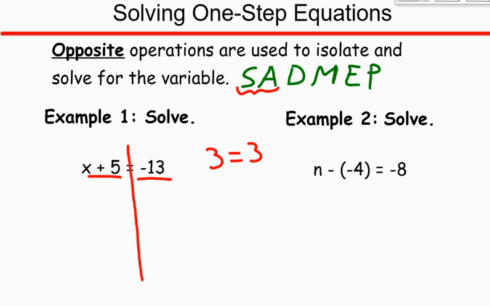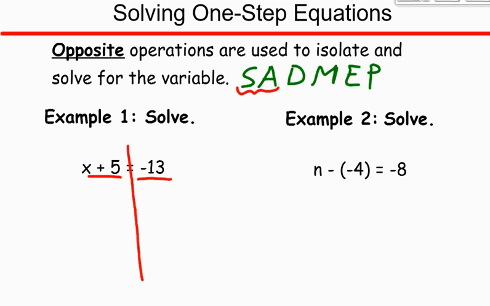Okay? So, true statement. Well, what happens if I only add 1 to one side of the equation? Then all of a sudden I've got 3 is equal to 4. They're not equal anymore. It's not true anymore. But if I add 1 to the other side as well, all of a sudden they're equal again. They're balanced. So whatever I do to one side of the equation, I have to do the exact same thing to the other side. Okay? So keeping that in mind,